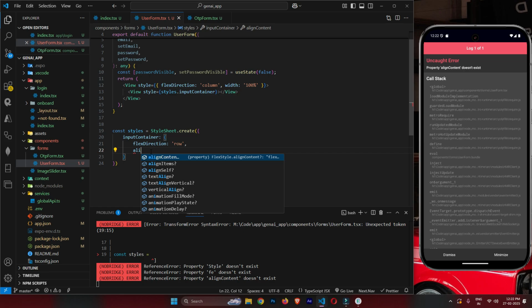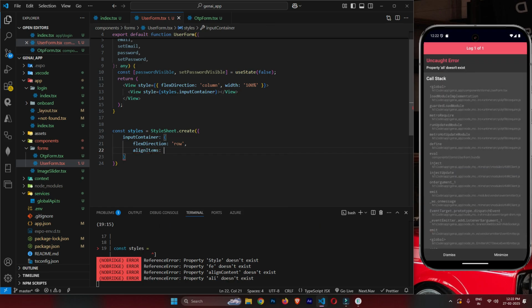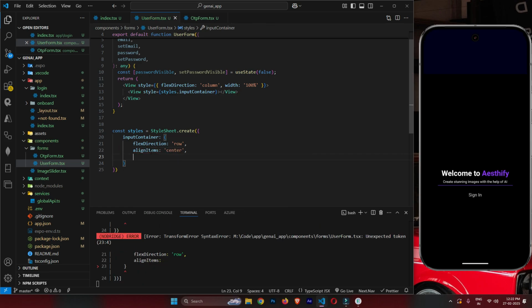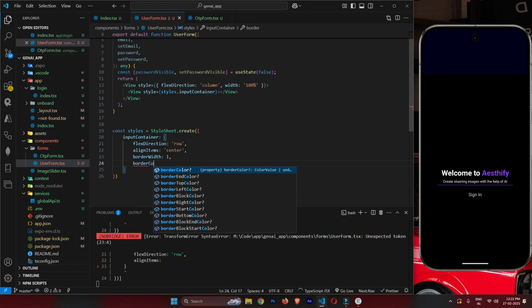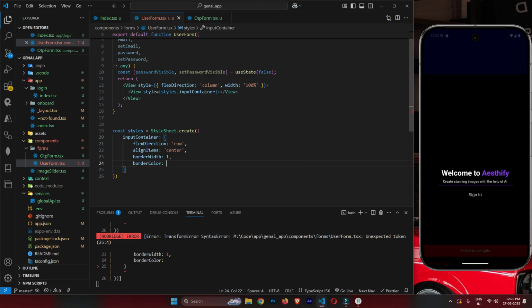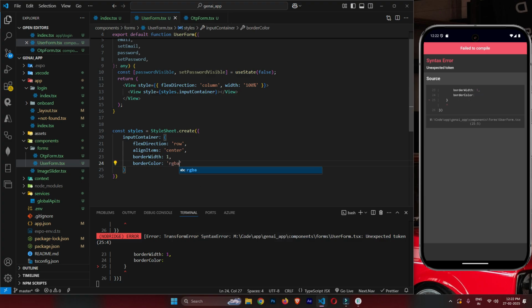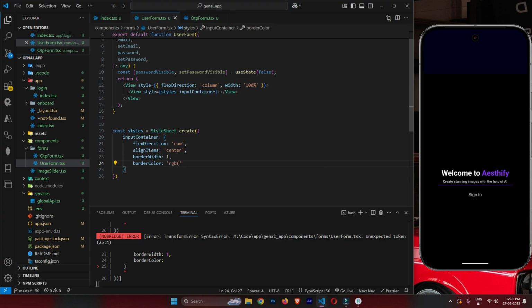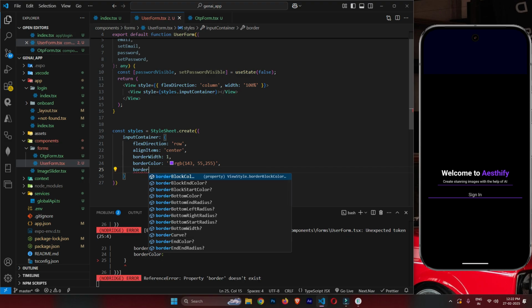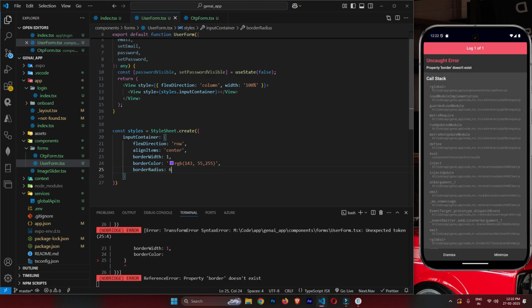Okay, so I will say align items is a center and border width will be 1, border color we say RGB, let's say RGB 143 55 255. All right, and I will say border radius will be 6,